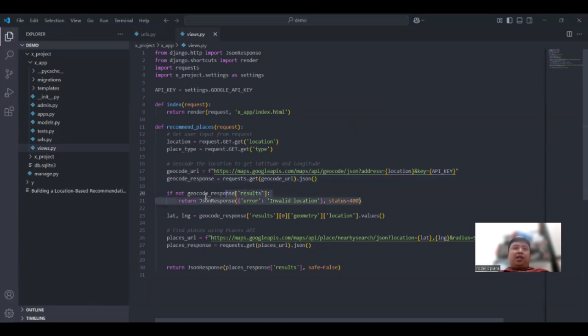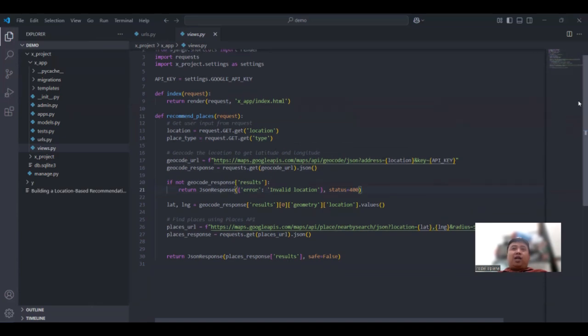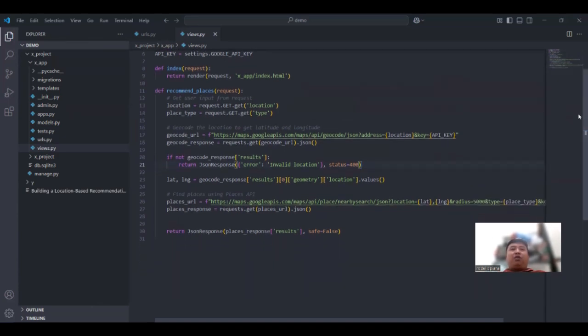So here, basically, it's just a good programming practice that we needed to handle the errors so that we will not be confused if there are any errors. So here, as you can see, this will be the JSON response, and we're going to get the geometry and location. And as you can see, that is included in our presentation, geometry and location.